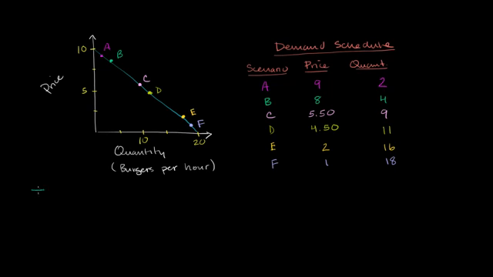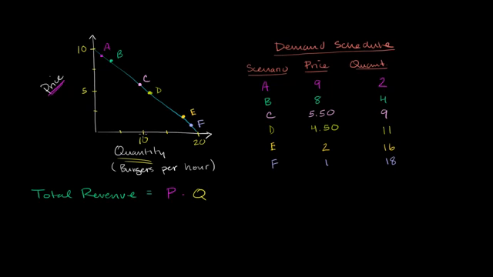So let me just write over here, total revenue. Well, the total revenue is going to be how much I get per burger times the number of burgers I get. So the amount that I get per burger is price. So it's going to be equal to price. And then the total number of burgers in that hour is going to be the quantity. Pretty straightforward. If I sell 10 things at $5, I am going to get $50 of revenue, $50 of sales